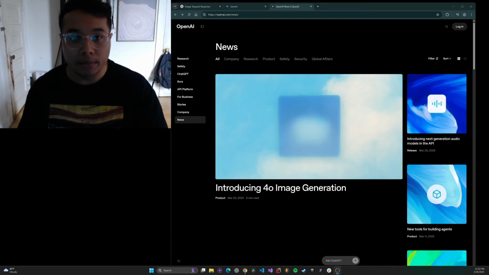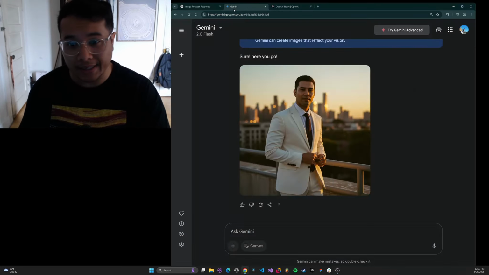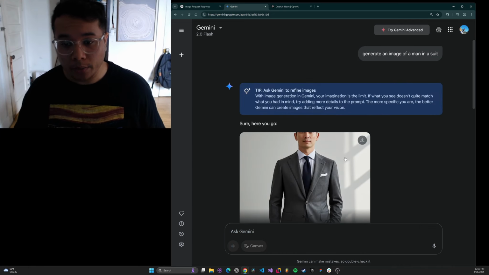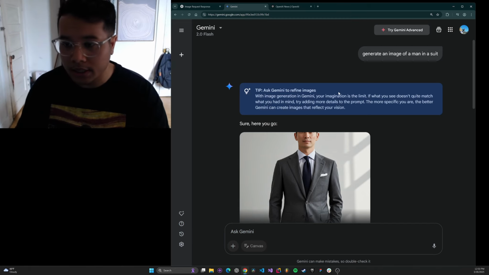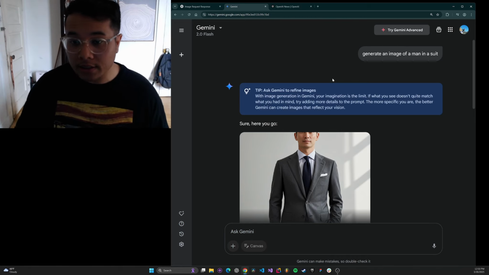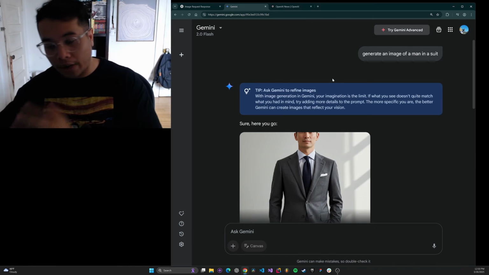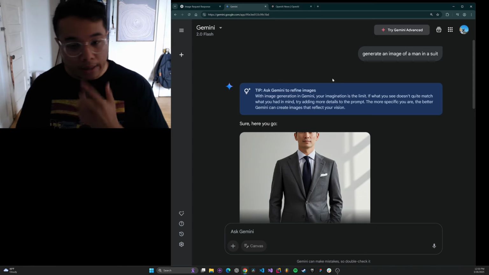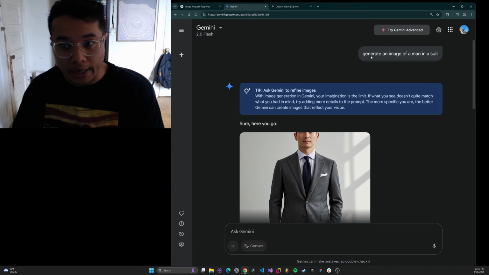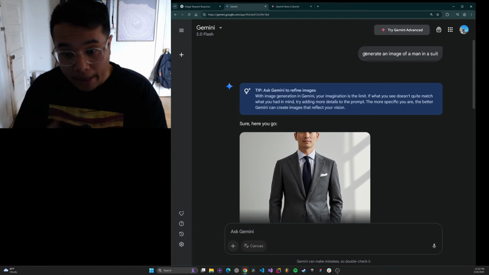So to do this, I'm using Google Gemini as an example, because a lot of LLMs like Gemini were using the previous version of image generation algorithms, and my example is that I'm going to generate an image and make subtle changes and show you how the OpenAI version does it and how the general other LLMs do it using the legacy models. So, using Google Gemini, I asked it to generate an image of a man in a suit,